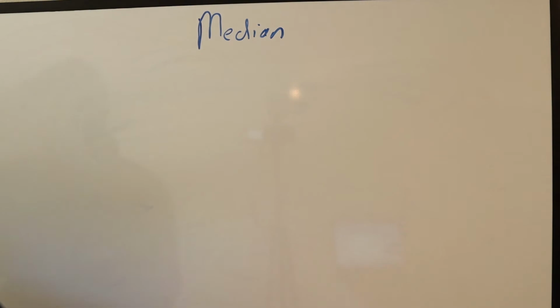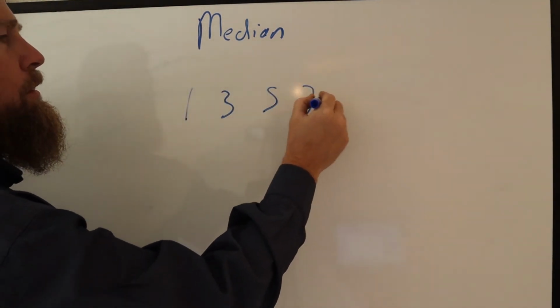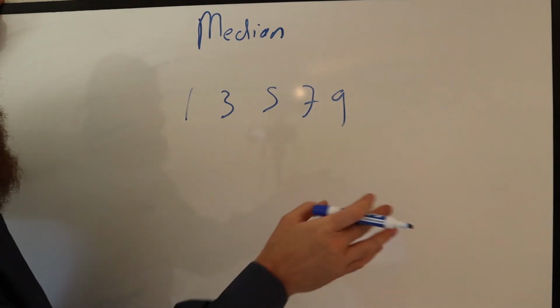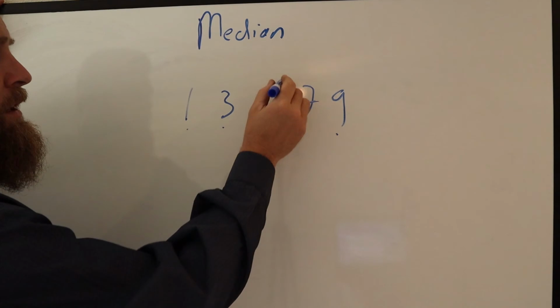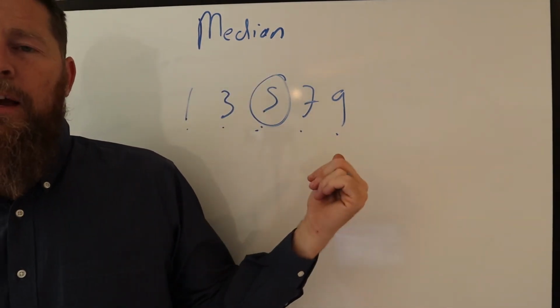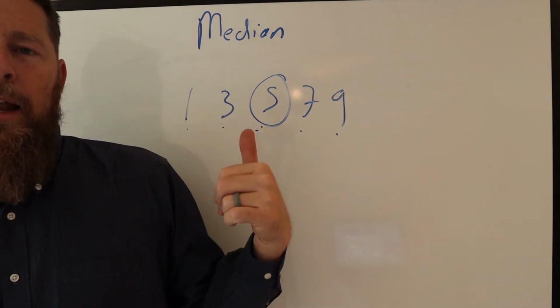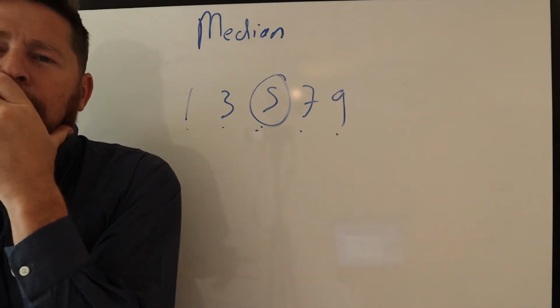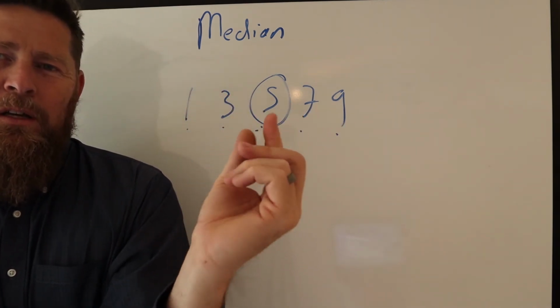What do you do if you have an odd number of scores? 1, 3, 5, 7, 9, that's your distribution. Well, you just count to the middle one. That is your median. 1, 3, 5, 7, 9. 5 is a score that half the numbers are below and half the numbers are above. Not really, because you see there's an odd number here. So 5,